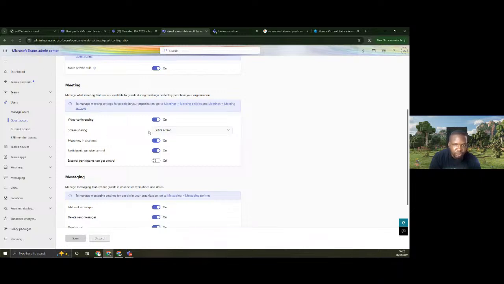Do you want them to be able to share their entire screen, or do you want to limit them to only be able to share a single application at a time, or do you want to disable the feature of screen share for the guests in your tenants? It can be a security or a compliance requirement. You may decide to turn on or leave it turned off, or specify that they should be able to share only a single application at a time.